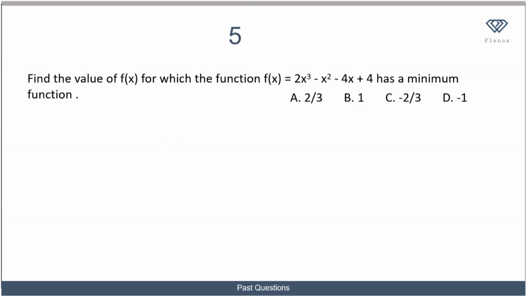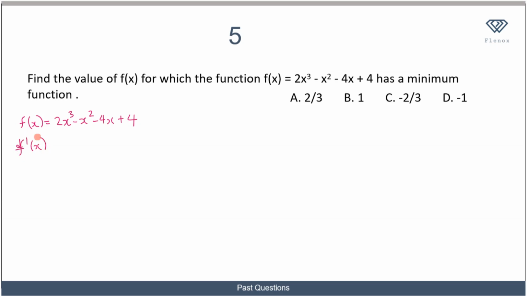So now we are told to find this. Again, we know that when you have a maximum or a minimum point, dy/dx is 0. And if you recall, f(x) is the same thing as having just y equals this. So don't allow the notation to confuse you. To solve this, I know that my f(x) is equal to 2x cubed minus x squared minus 4x plus 4. So when I differentiate this with respect to x, so f'(x), which is the